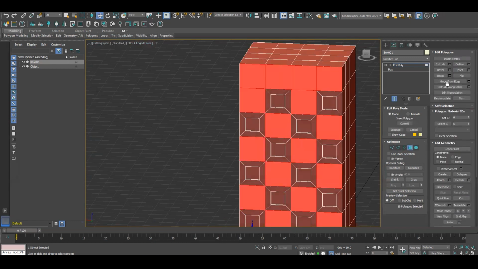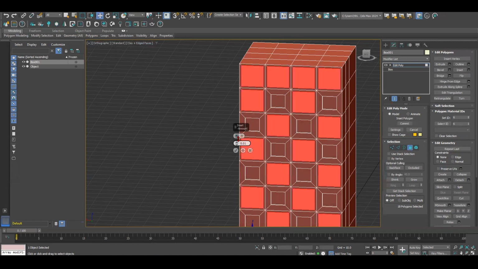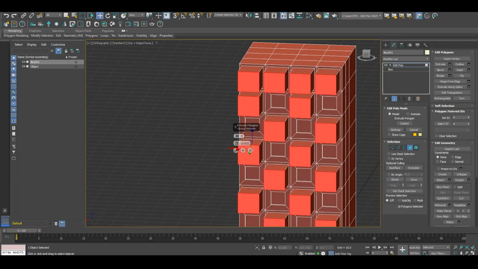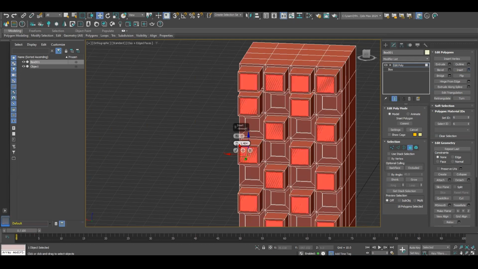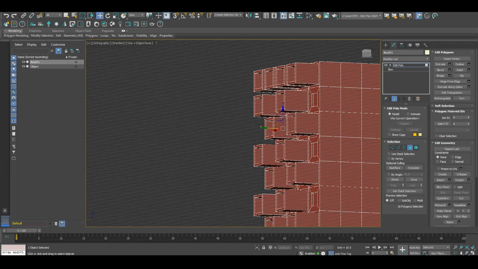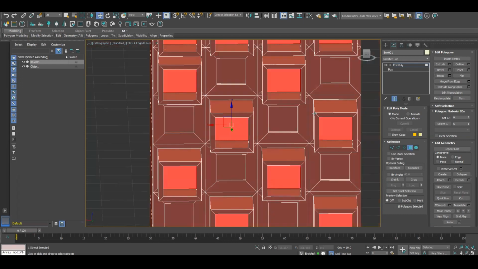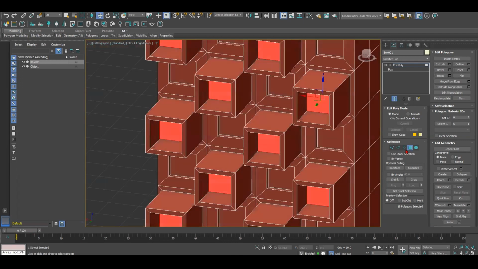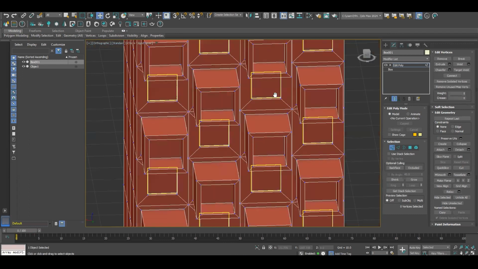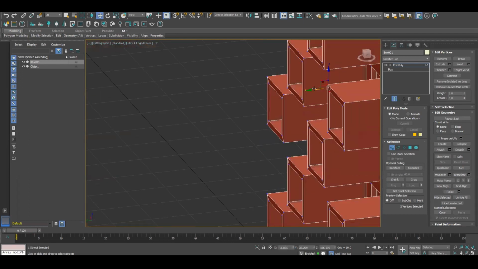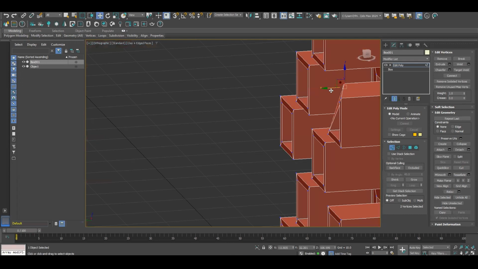when we select the polygons, we do the inset as we mentioned. Then we do the extrusion for the exterior. Another inset, but this time the extrusion is going toward the interior. So now it's completely separated, and they don't share any vertex between them. So now I can just select these two vertices and change it this way.